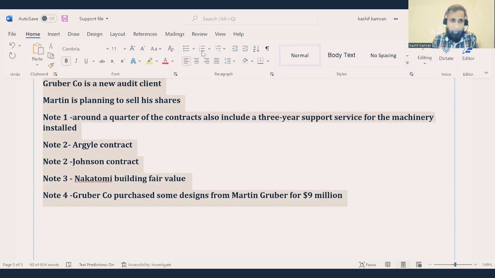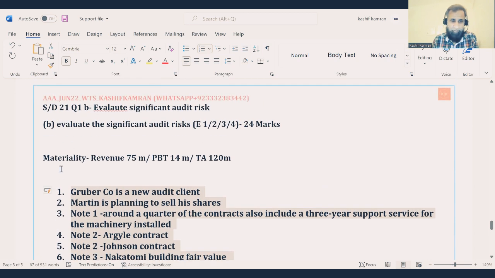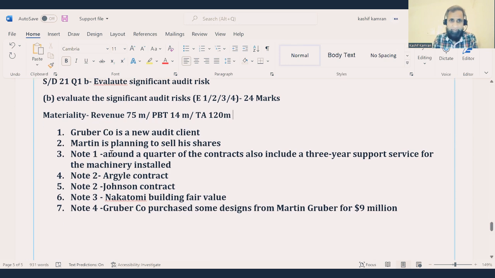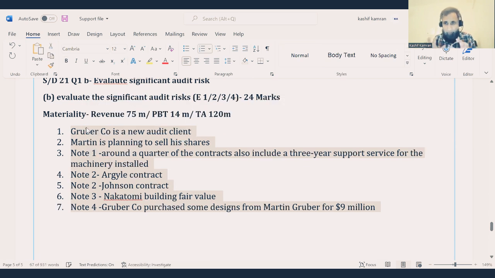We got almost 7 risks from the case study, right? Which need to be converted into a proper answer. I must have missed some of them while I was reading, but I hope this exercise has given you some way of reading through. I read in a systematic manner from exhibit 1 to exhibit 2 to exhibit 3 to exhibit 4.